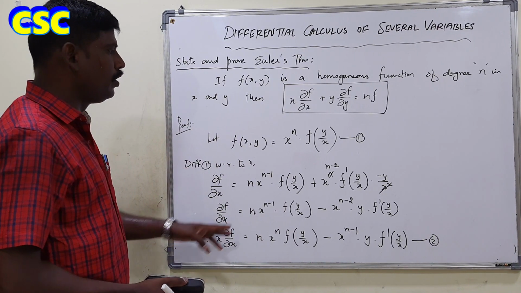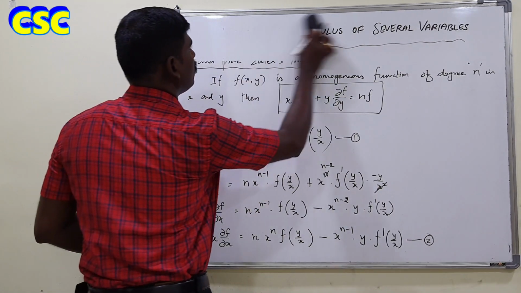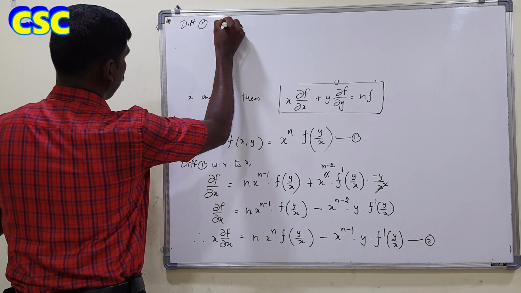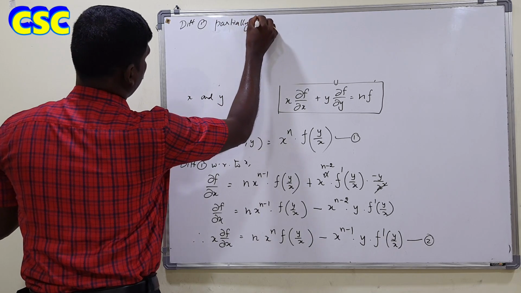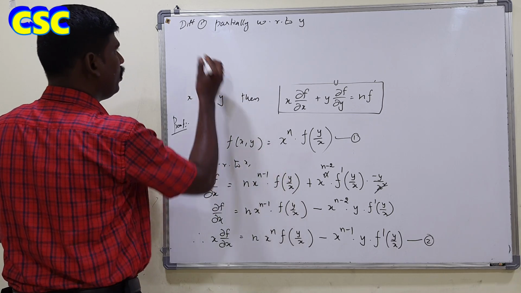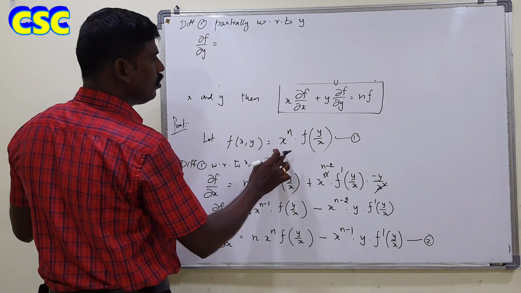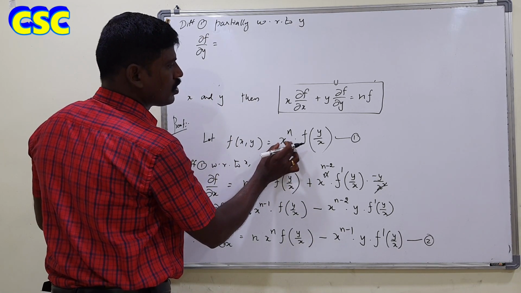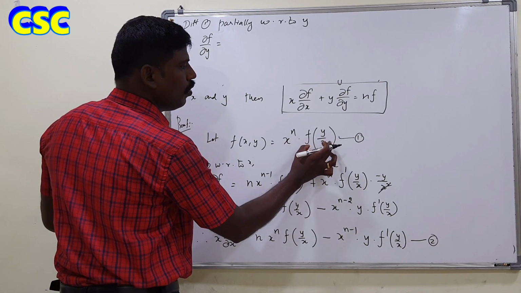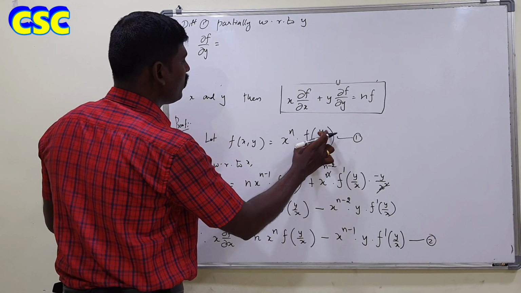So similarly, I am going to find out the partial derivative of f with respect to y, right? Differentiate 1 partially with respect to y. So dou f by dou y becomes, in the left hand side, is equal to, now here it is a constant term. There is no y term in this function, isn't it? So y is only present here. So we treat this as a constant term. We are going to differentiate this alone.